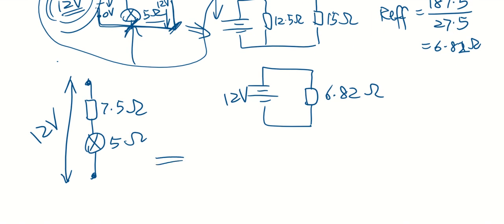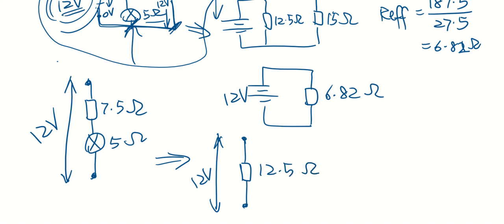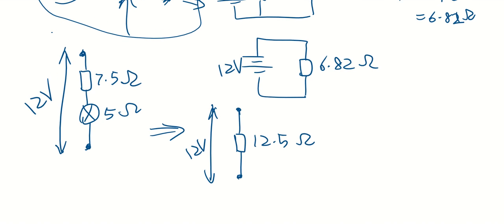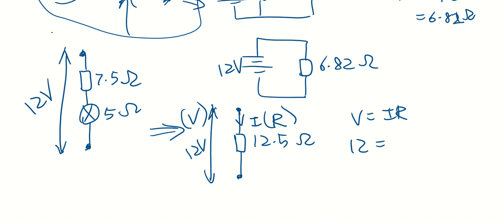So I can break this down: I keep my 12 volts and combine them into one single resistor of 12.5 ohm. This is my R, this is my V. I can calculate the current using V equals IR. My V is 12, my I is unknown, my R is 12.5. Therefore, my current is